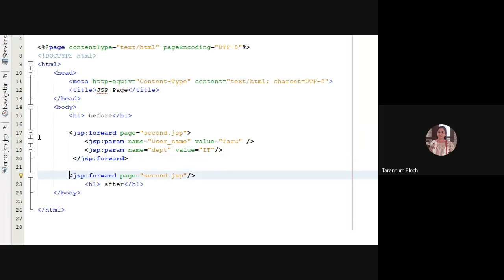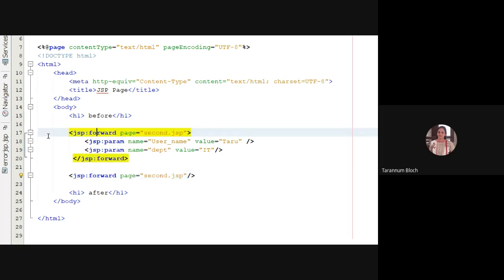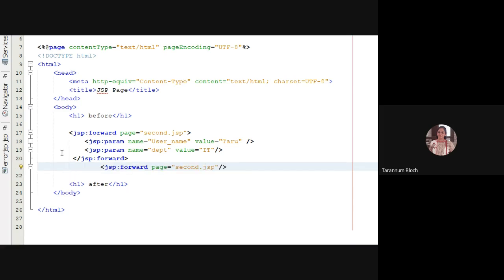So you can go with either this one when you want to pass the parameter, or you can go with this one, which is the singular one. Fine? Is it clear? Now, we are going to use the first one because I want you to know how to access those parameters.